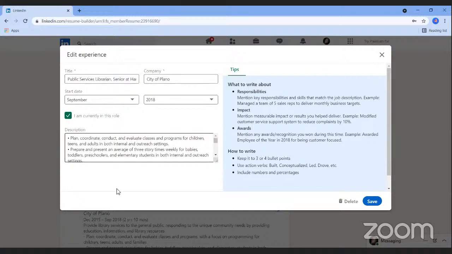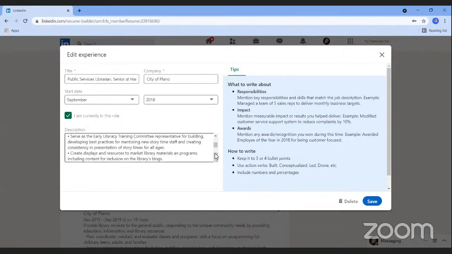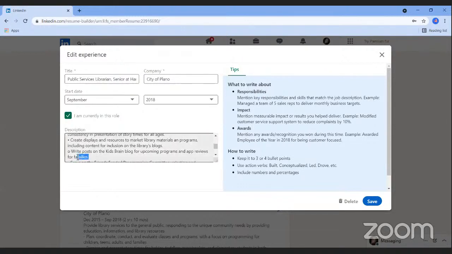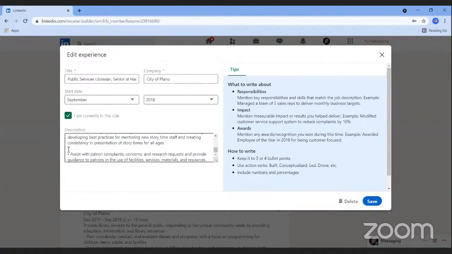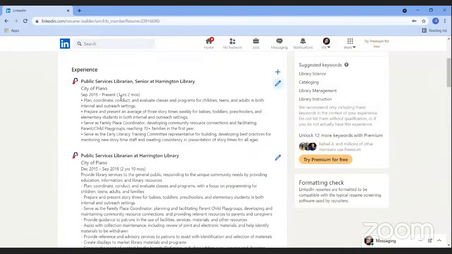So within this, I could edit a position and say, you know what, this is a lot of information. I'm going to go ahead and delete out some extra things. This is looking a little bit long. And I can go in and just delete out the things that I don't want to include anymore. But it's not changing my LinkedIn profile at all. It's just changing what this resume looks like. And I would hit save to apply those changes and make it a little bit more concise.